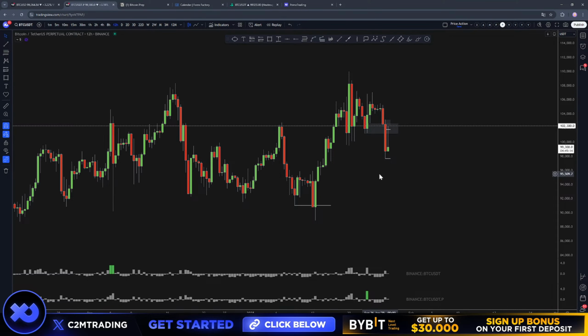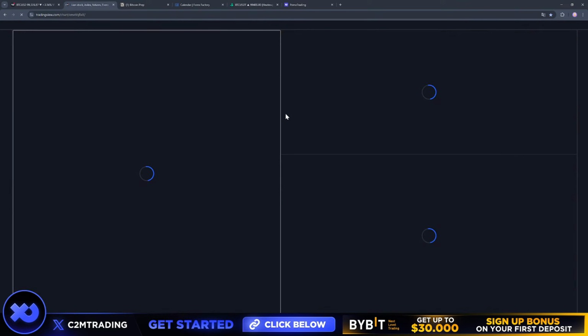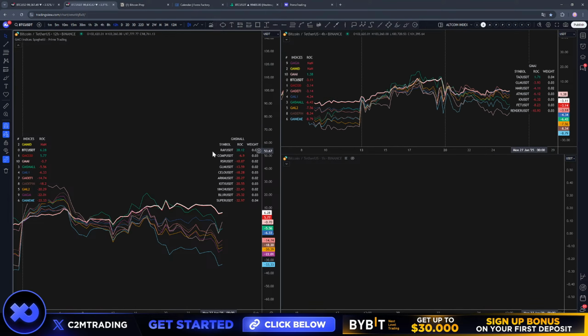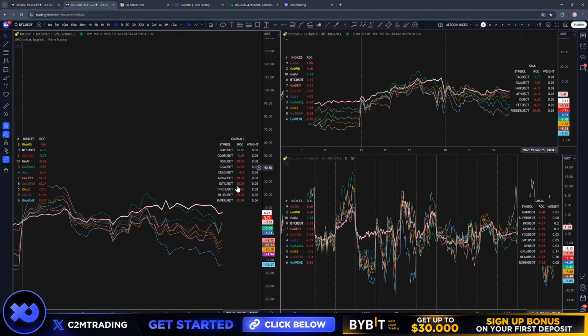So to me, that's just Elliott waves. But it's good to have an understanding of what certain altcoins are doing in terms of strength. For example, if we're taking a look at the index, that's just the way I tend to trade altcoins. I just want to be able to see, for example, Ray is outperforming here, and the rest is the weakest. So if you want to short something, you look for the weakest link within the overall picture. But to me, it doesn't really make sense to be charting altcoins on their own because Bitcoin